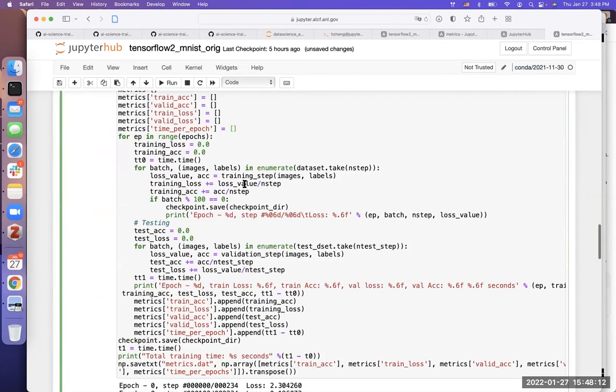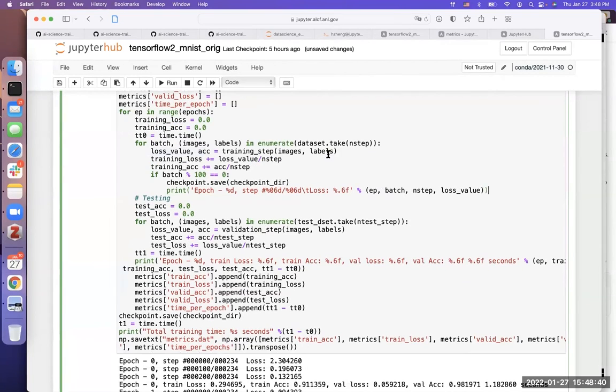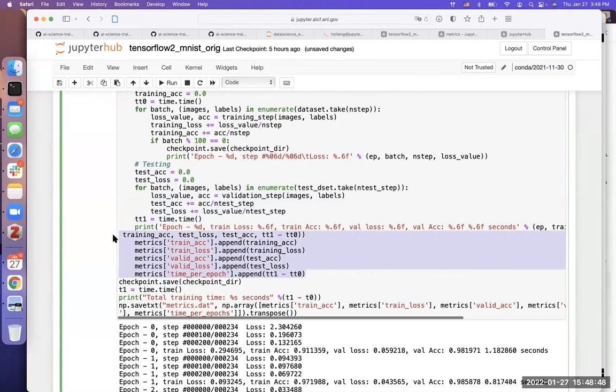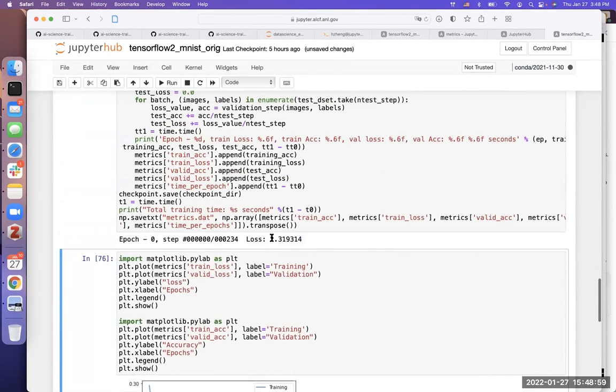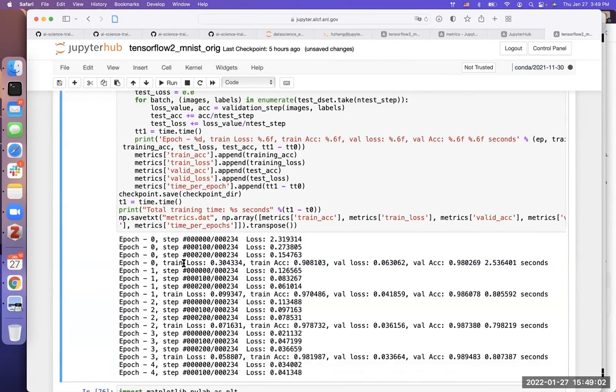this calculates the total number of training steps and test steps. And then this is the training loop, right? So for each epoch, and then each batch, I take the batch and calculate the loss and accuracy from the training step function. And then I just add up all those losses from each step and get a loss and accuracy for the entire data set, right? So this is for the training data set accuracy, and then this is for the testing. And then I also keep track of the accuracy and loss for each epoch, right? And let's run through this. So you can see at each epoch, I